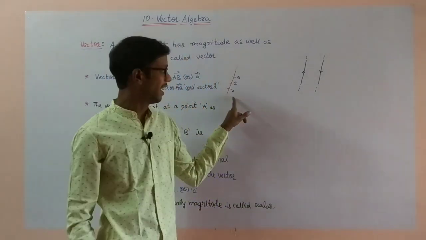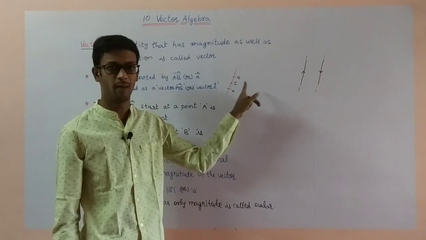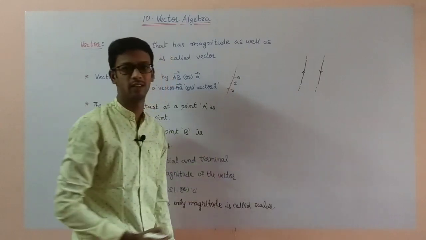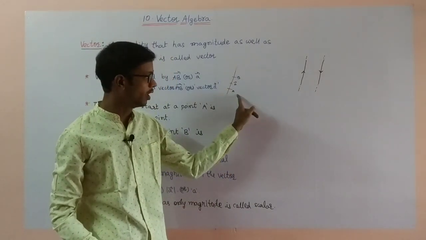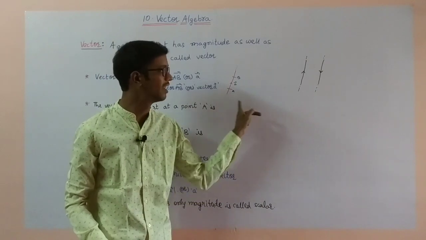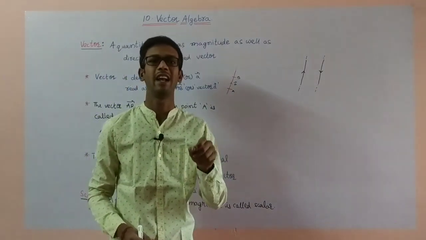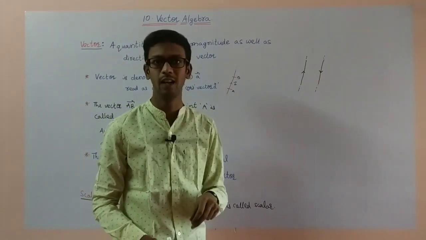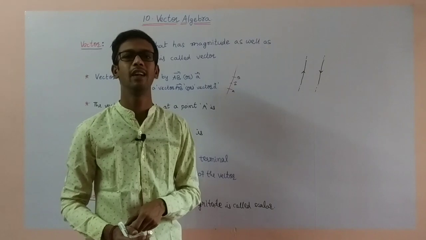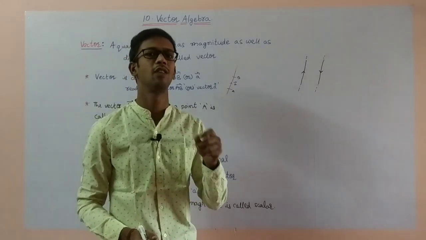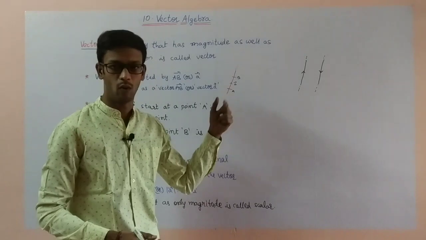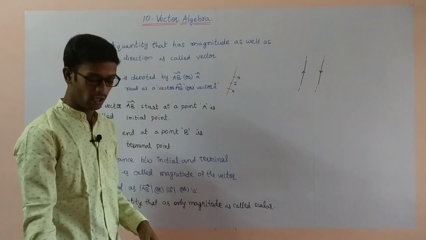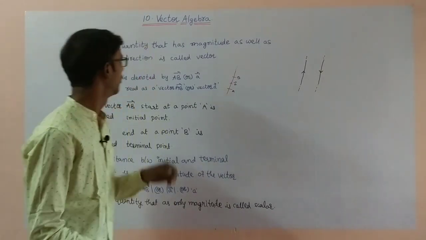One more here, line segment. Line segment is AB. AB is the line segment. It will move from A to B. This direction is there. If a direction is there for a line, that line is called a directed line. Here the direction, the arrow symbol, is very important for the total vector algebra. By the arrow, the answer will be changed. So now we'll start our main concept, vector.